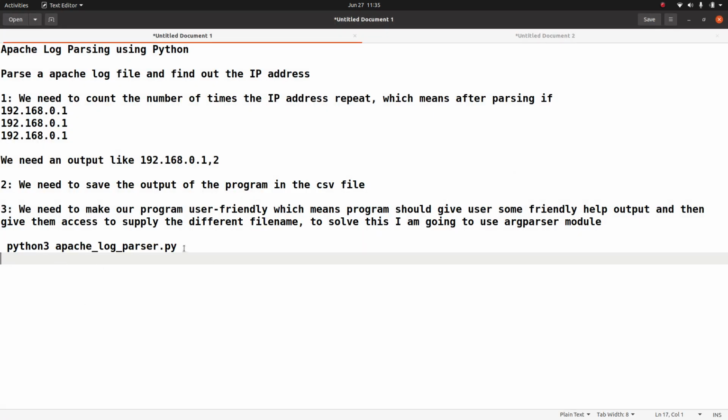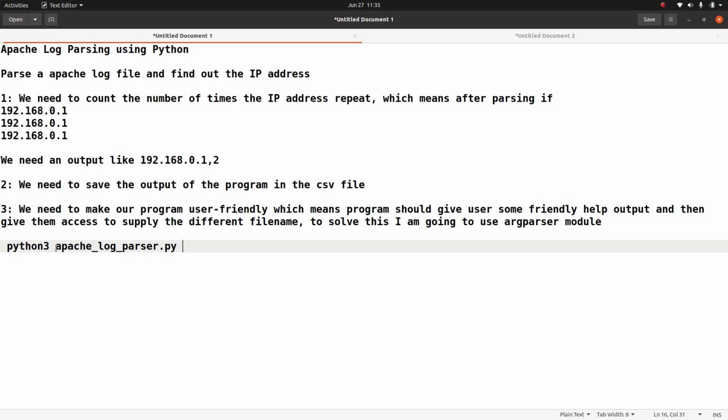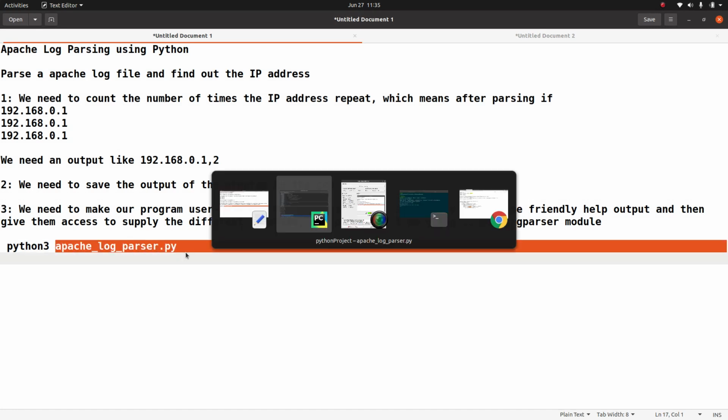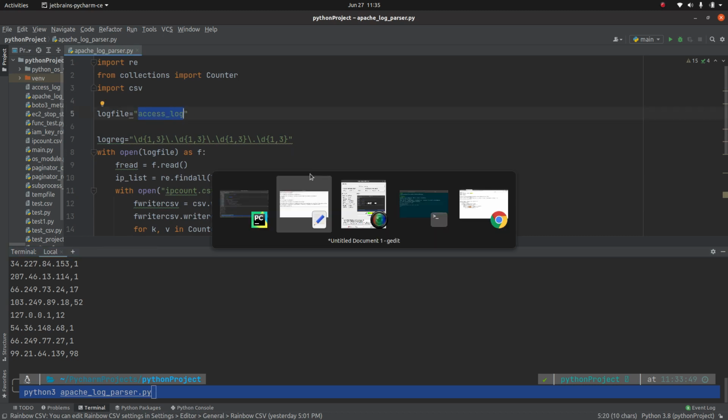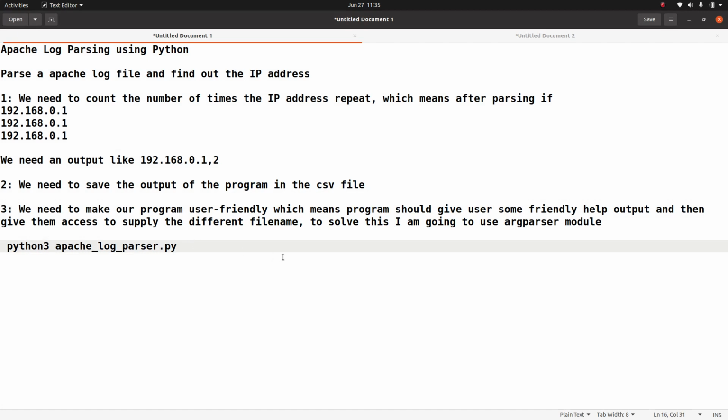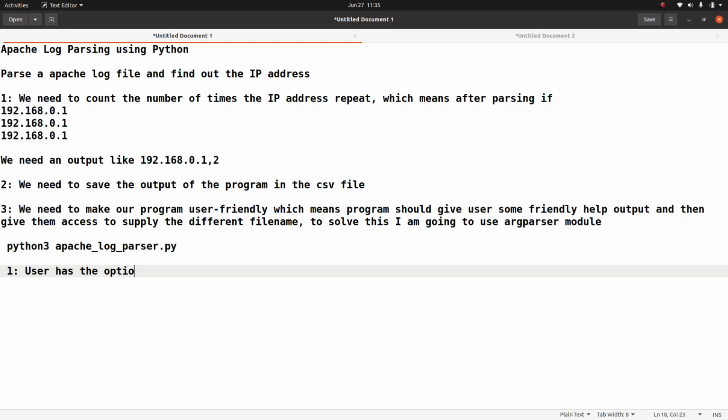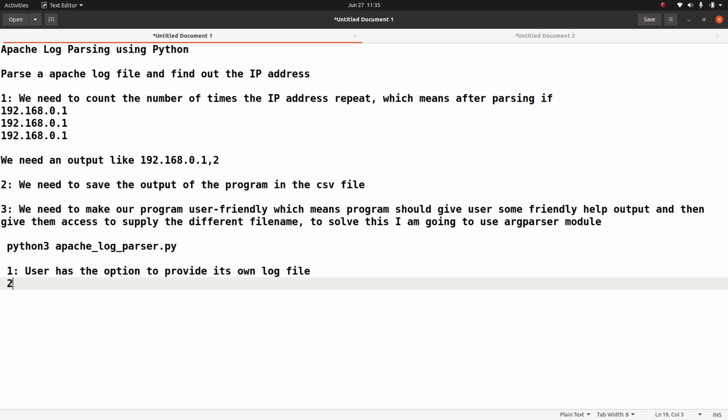So first thing is, in this Python script, we are hard coding the value of this access.log. So rather than hard coding this value, the user should have the option to provide his own log file, right?